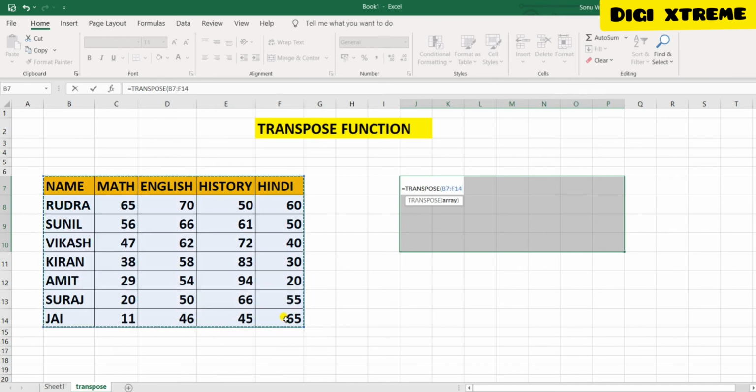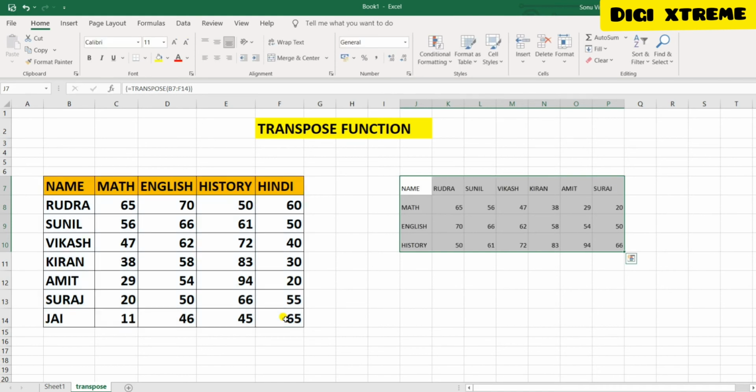Let me select the complete sheet. Let me bracket close. So now what we will do, we will not enter. Before enter, we have to Shift Control Enter. Now you can see when I press Shift Control Enter, it has